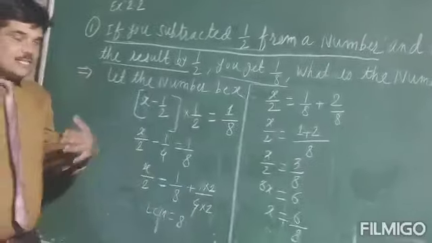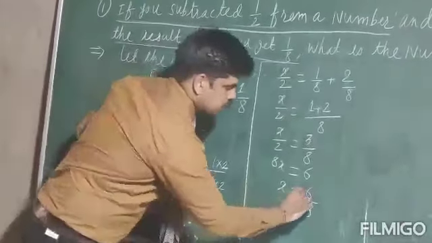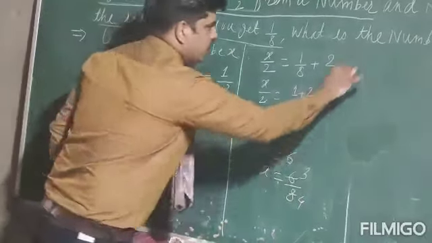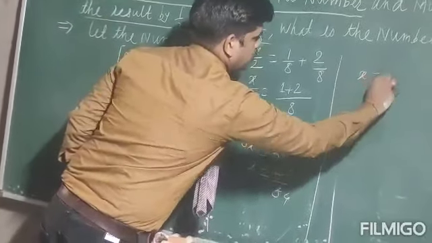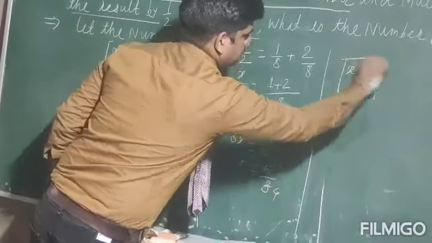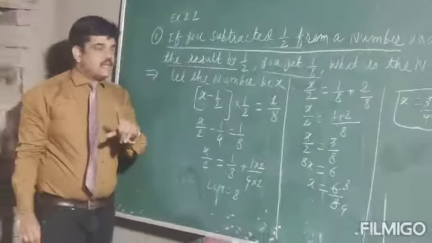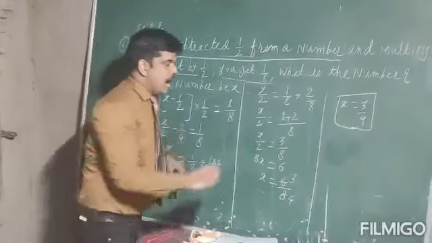If you can reduce this, so reduce this. So what we can reduce? 2 3s are, 2 4s are. So therefore, what is the value of x? x is equal to 3 upon 4. Okay, so this is that number. So you need to write final answer. Final answer having half mark.